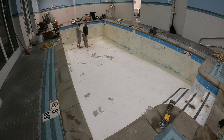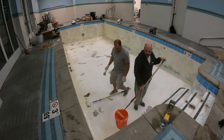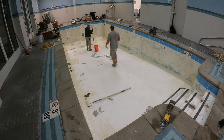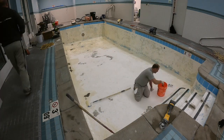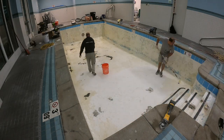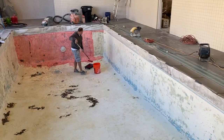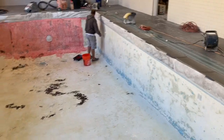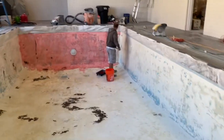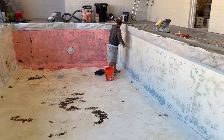Okay, this is just a time lapse to show how we apply that first coat. We get it all on there, get it penetrating, and come back the next morning to do our full strength coat, which we actually have to dye so that we can make sure we get good coverage on that build coat. All right, so it's the following morning, and Zach is applying our flood coat or our top coat of